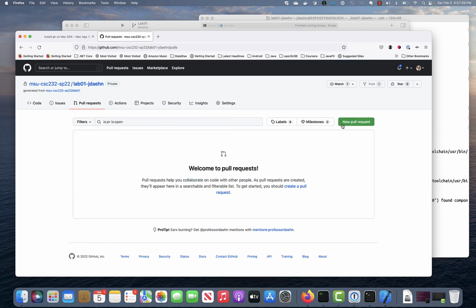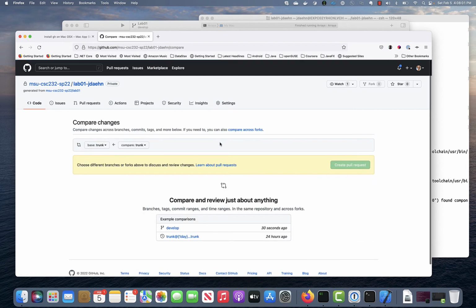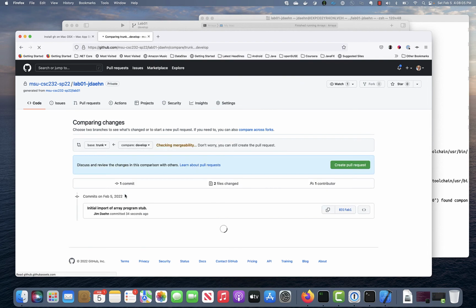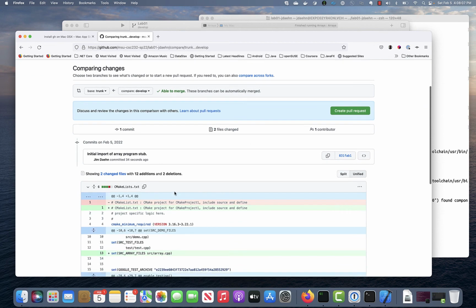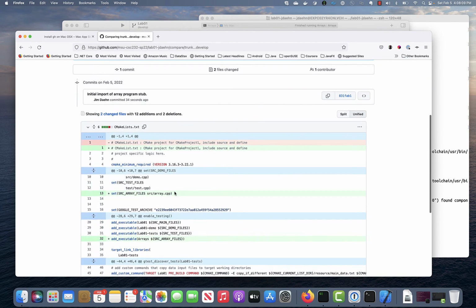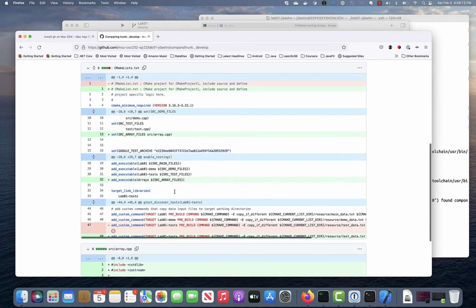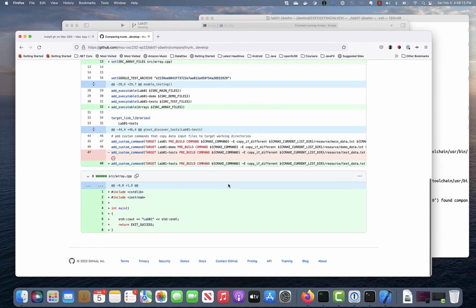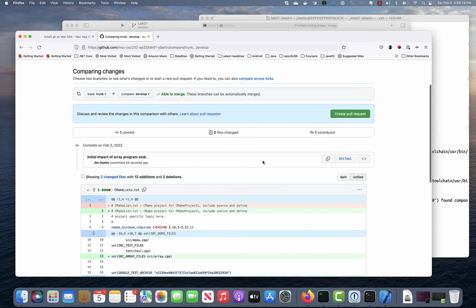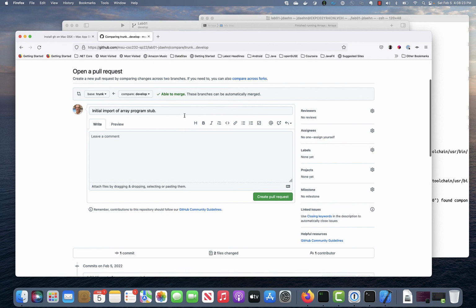That means I can create a new pull request, seek to merge develop into trunk, and here are the changes I made. All right, so I've added a new target to my CMake-based text file, and I've created a new array.cpp. So I can go ahead and create this pull request,